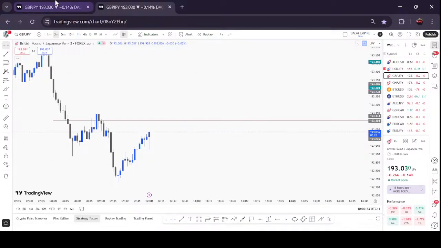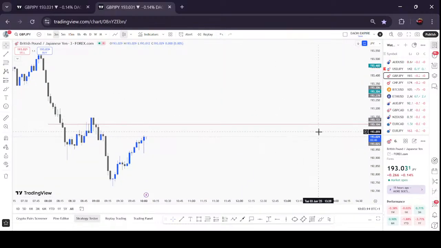Let's do this live. Let's see the beauty of the simple concept. GBP JPY. Let's do this live and direct. So while we are waiting for the trade,